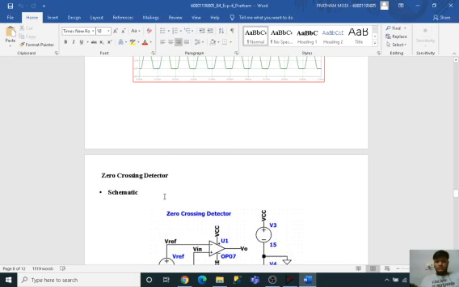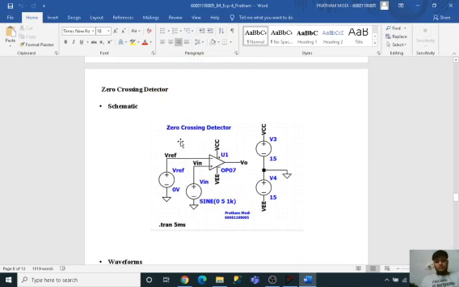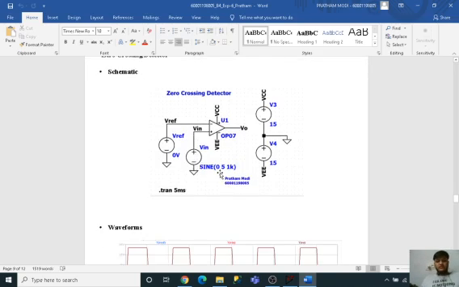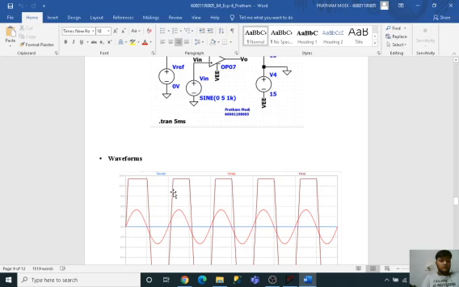And then the applications. The zero crossing detector, there's nothing different in the comparator. The zero crossing detector is nothing else but the reference voltage set to 0. That's the only change. The same basic comparator is being used as a zero crossing detector, provided that Vref is set to 0. This is what you can call an inverting zero crossing detector. And the circuit can also be called a sine to square wave generator, because the sine wave is converted to a square wave, which is the output which we have got.